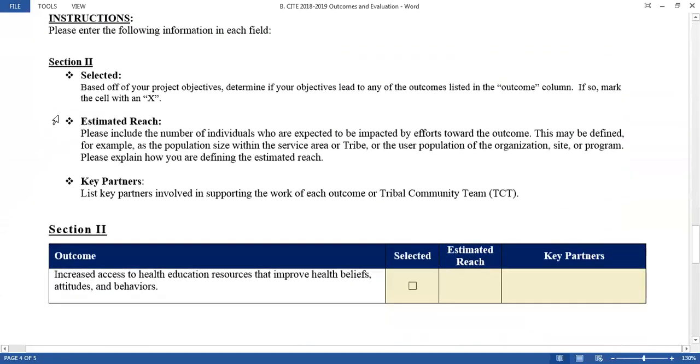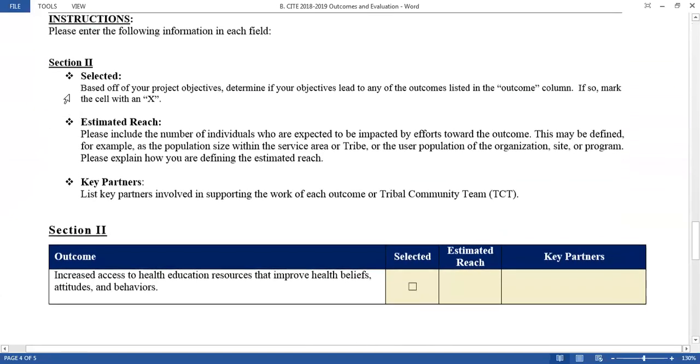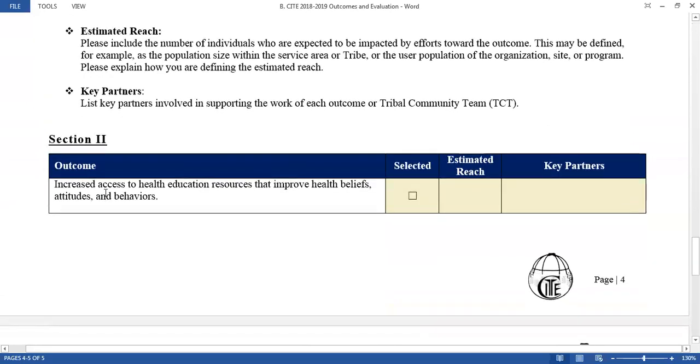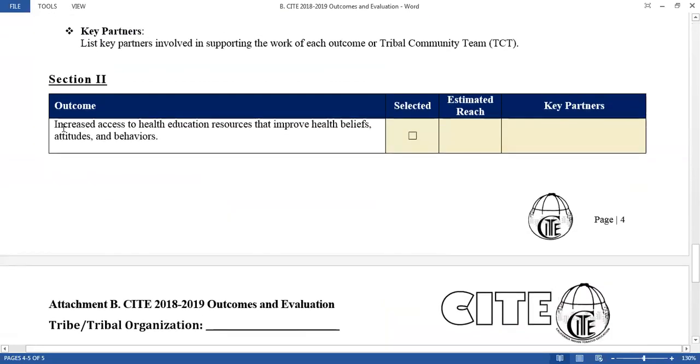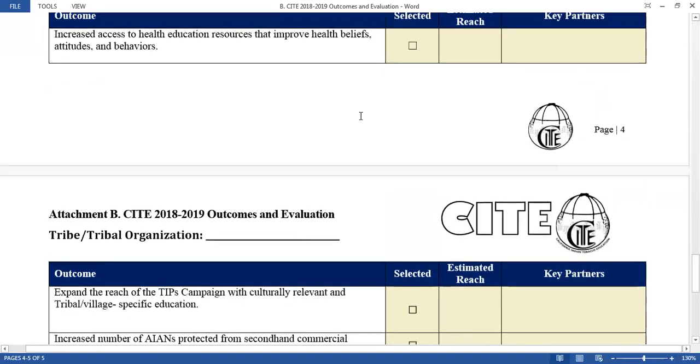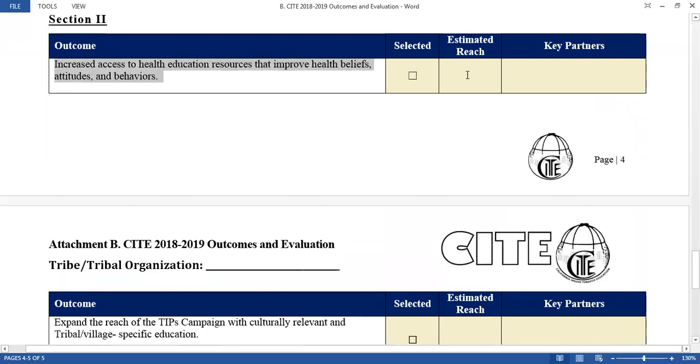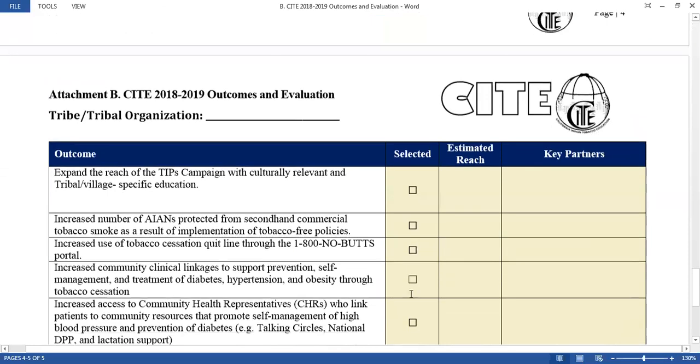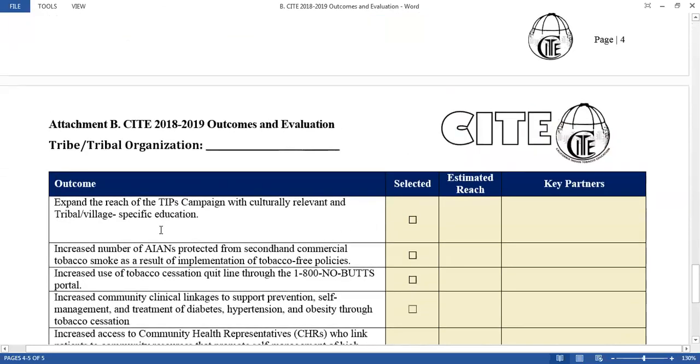And then again, that's section 1, very similar to the ACORNS. Section 2 is the same. The outcomes are a little bit more related to tobacco, so you will read the outcomes and then determine if your proposed project objectives and activities will be working towards that. If so, you select it, and you determine the estimated reach and your key partners. Again, you do not need to select all of these. You only are selecting the ones to which your current proposed work plan activities and objectives for this application period